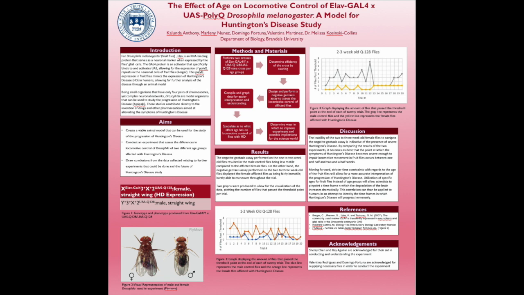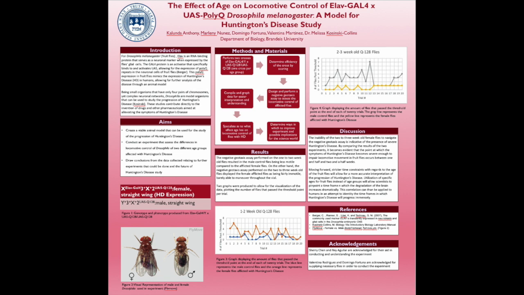The efficiency of the cross was to be determined by scoring the flies, aiming for a ratio of 1:1 of unaffected male flies to afflicted female flies. A negative geotaxis assay was to then be performed and the resulting data to be plotted on graphs for better visualization. The unaffected male flies were to be used as the control, and the female flies were to be used as the experimental group. Finally, conclusions were to be made post-data collection to qualify the effective age on Huntington's disease-afflicted